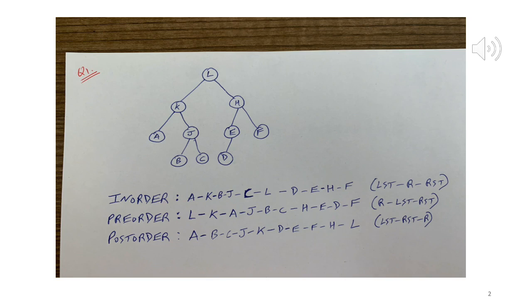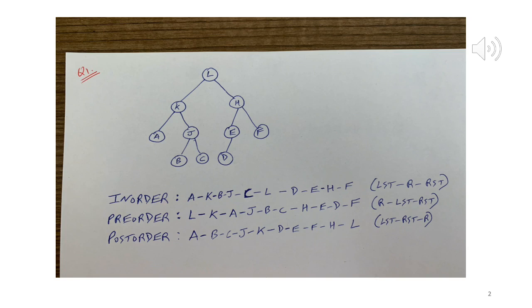So we immediately know that in the middle we have the root, which is L, and to the left of L we have some nodes, and to the right of L we have some nodes. So to the left, what nodes do we have? Now we have to recursively do an in-order on the left subtree. So left subtree means now we are talking about the tree rooted at K. Okay. So now for the tree rooted at K, what is the left subtree? It's just A. So first one is A, and then followed by K, the root, and then followed by the right subtree.